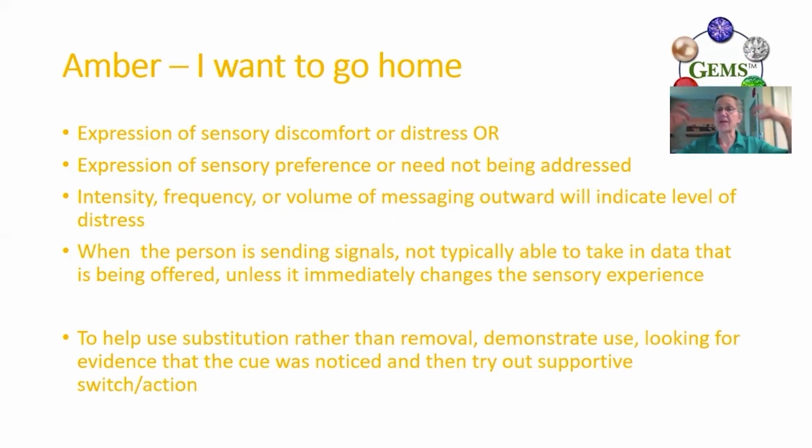So with sensory need, if I don't get what I think I need right away, I am going to probably become very, very vocal or physical. And if I don't get you to stop what I don't like right away, I'm likely to go from just vocalizing to physically acting out to try to get you away from me, or to get you to stop, or to get whatever it is to stop, even though you might have actually nothing to do with it. And neither might the person sitting next to me. But if I don't see anything else to act on, that would be the thing I find to do something about. So when I'm sending these signals, the really hard part for us is we need a real shift in